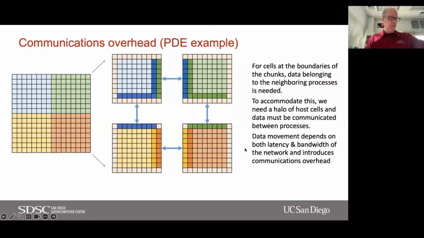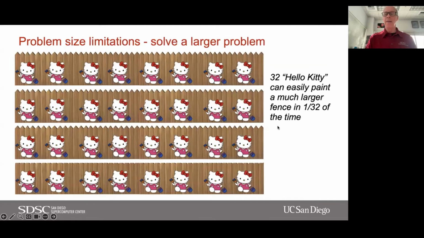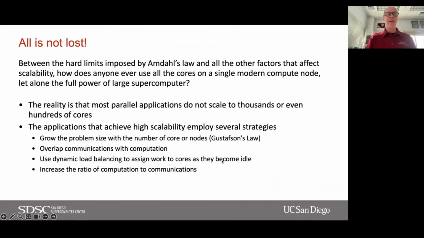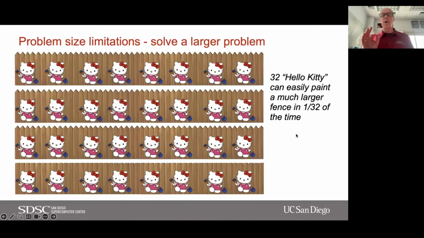Okay, so I'm going to move on. So now I left off here. I said all is not lost. We can still do parallel computing and sometimes still scale to very large number of nodes or cores. So first of all,